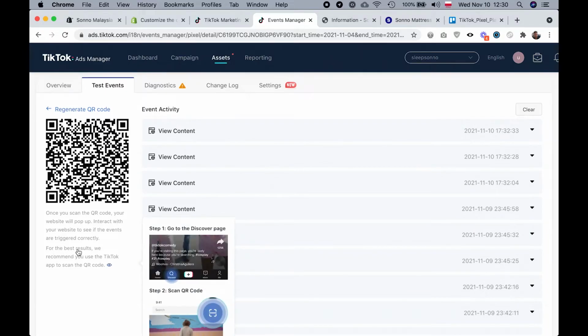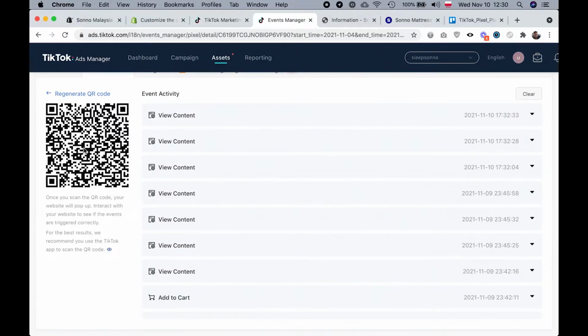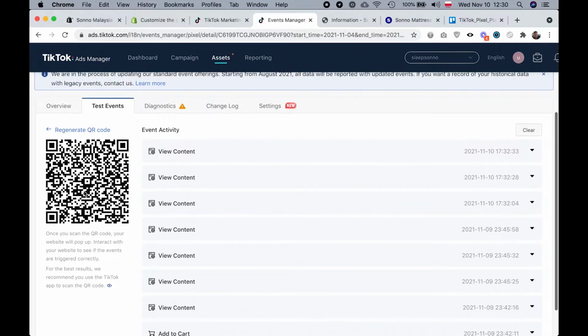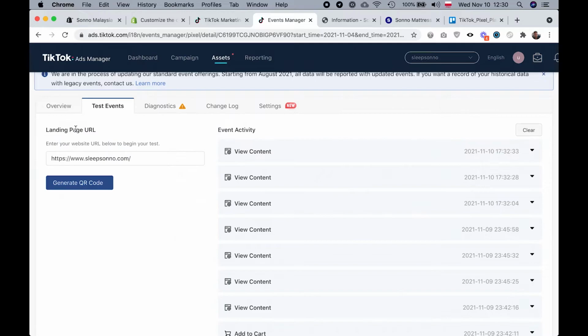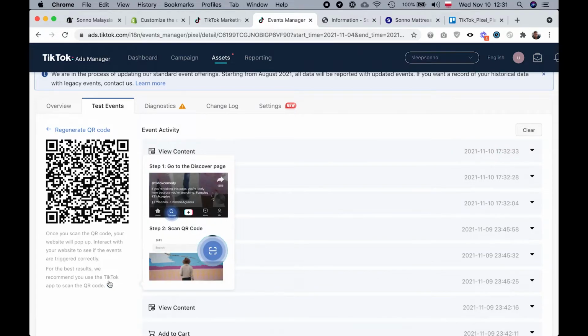So you're going to open up the TikTok app on your phone. You're going to go to, I think, the Discover page or the Home page. Yeah, go to the Discover page, and in the top right, you will actually see this QR code scanner. Scan the QR code, and your website will come up. Oh, sorry. Firstly, you have to generate the QR code. So put in your website, generate the QR code, then scan the QR code with the app,